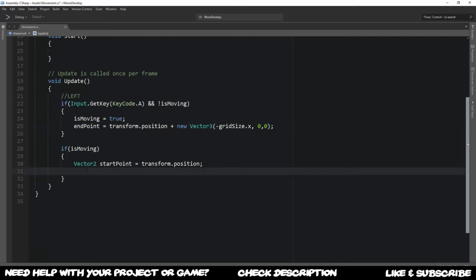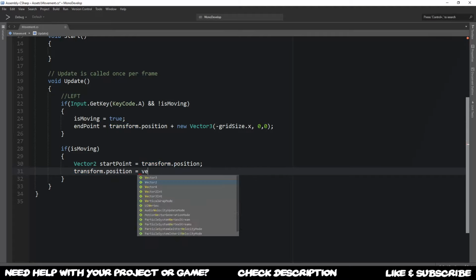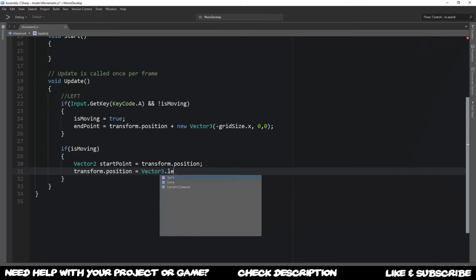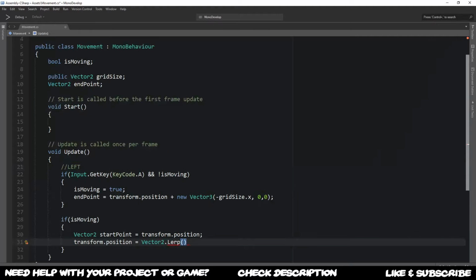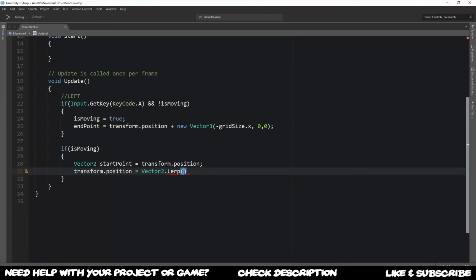In that case, we can, for example, do something like transform.position is equal to Vector3.Lerp. I believe we can also make use of a Vector2.Lerp, if there is one. There we go. So we're going to be able to lerp from two Vector2s. In this case, once again, we take the endpoint over here. That's going to be our endpoint. So we start to lerp from our start point to our endpoint, and what we're going to need to define